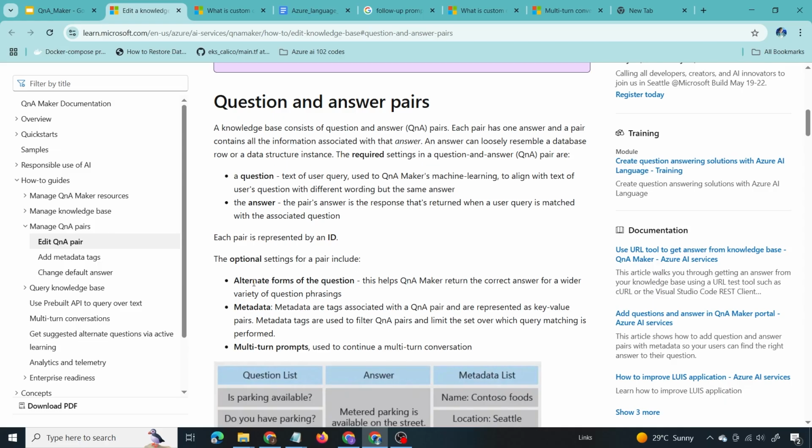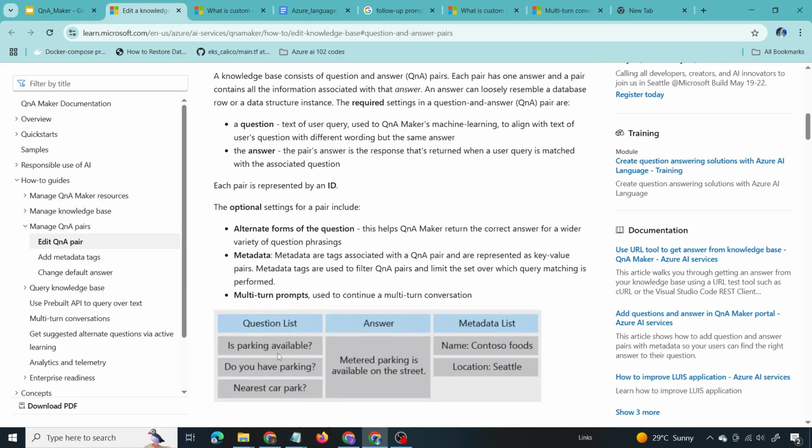So we have to add an alternate form of the question so that the model can provide the correct answer for a wider variety of question phrasings. For each question, we can provide multiple formats. Here is an example. Is parking available? Do you have parking? Nearest car park. And whenever a user asks any of these questions, the model has to provide the same answer. We have to provide a list of differently formatted questions for a single answer. So when the user asks any one of these questions, the model will provide the same answer. That is what an alternate form of the question is. Now let us get back into the